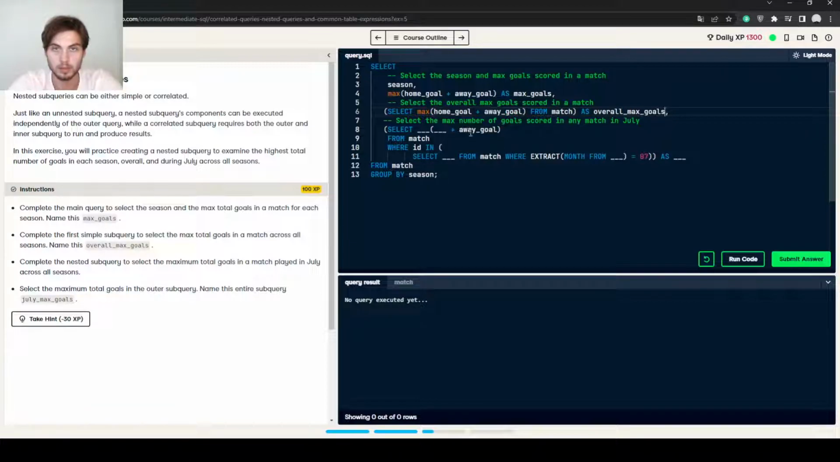Goals. Select then the max number of goals scored in any match in July. Complete the nested subquery that selects the maximum total goals in a match played in July across all seasons. Max home goal where ID in select